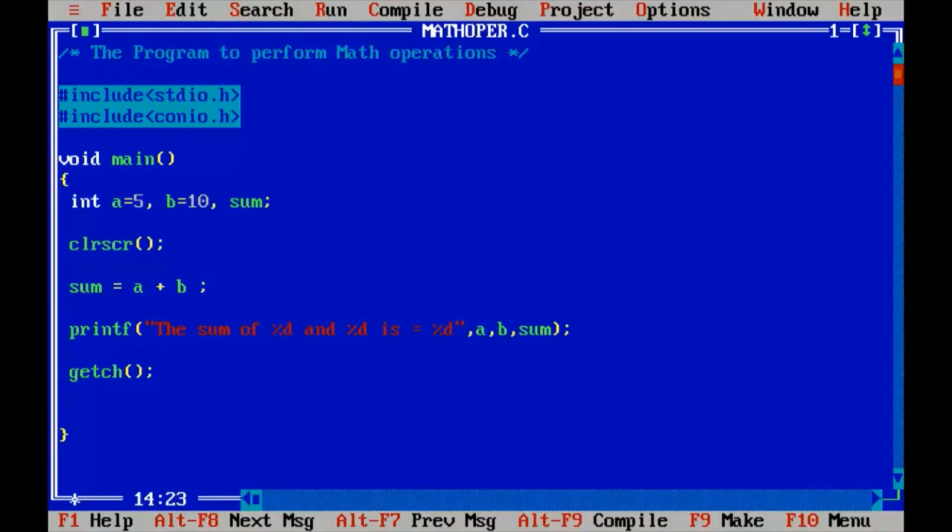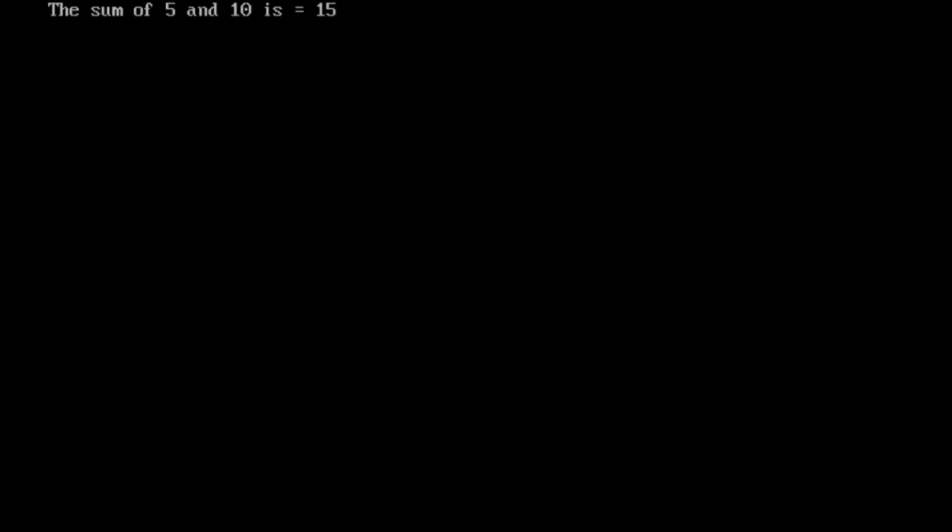One %d is here, another one is here, another one is here. This is going to be in the same order as the variables. So let's run this program and check how it's going to be printed out. Look at the sentence: the sum of 5 and 10 is 15, which gives a meaning here.